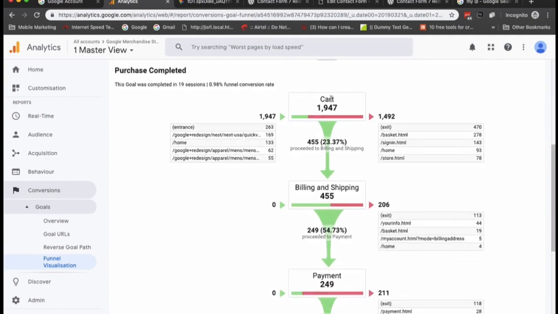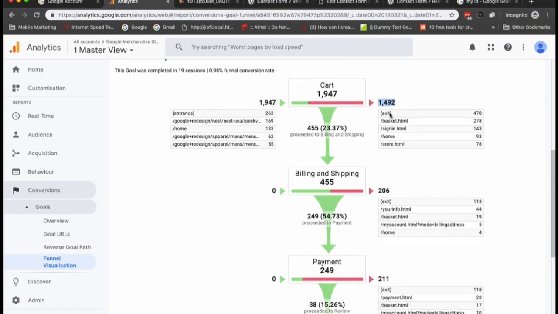So if you look at cart, it has the highest abandonment. About 1492 people have left after adding a product to the cart.